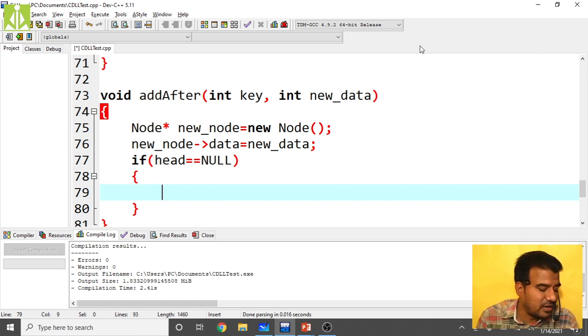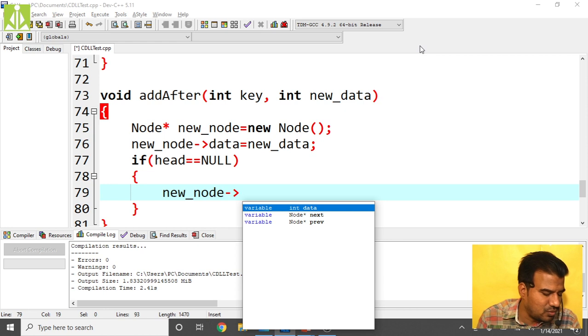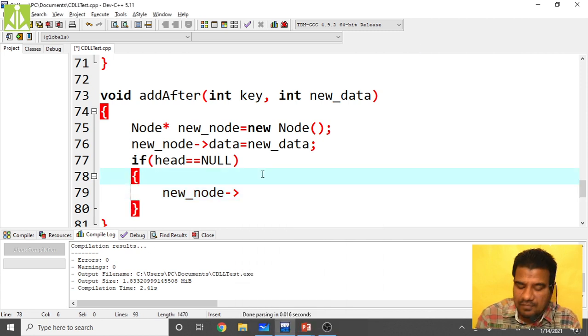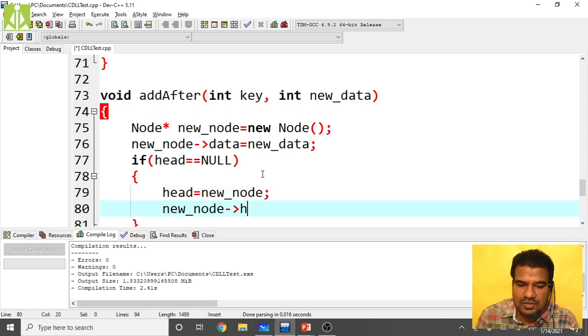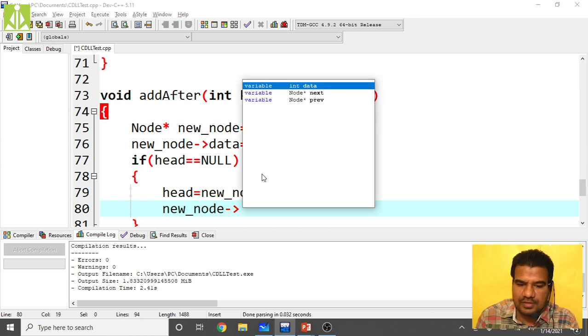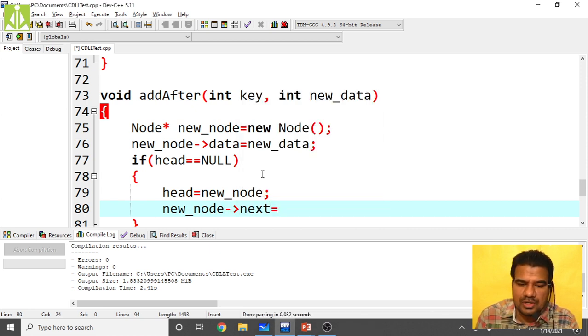If your head is null, first make the head node the new node, and then new_node of next equals new_node of previous equals head.